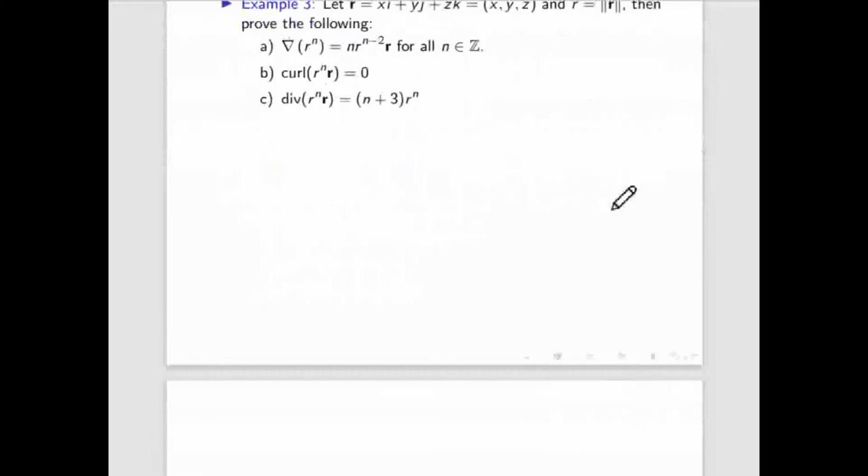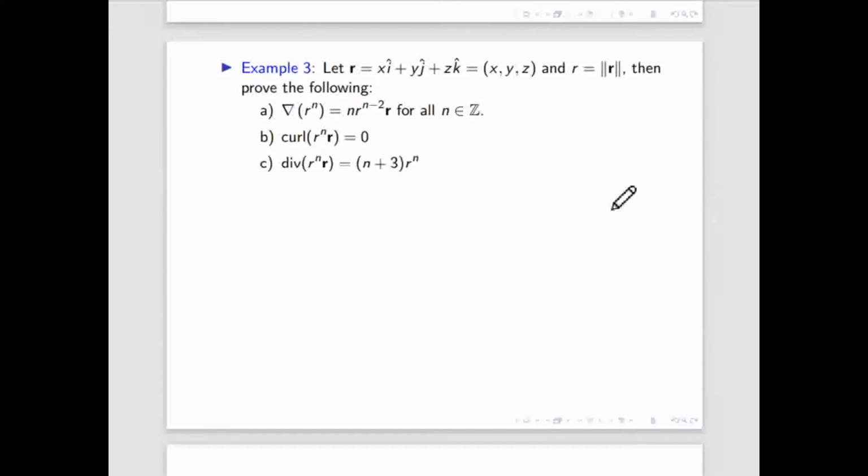Now the third question. So r is a vector that is given by x i cap plus y j cap plus z k cap in ijk cap notation. If you write in component notation, it will come x comma y comma z. Both notations have the same meaning. And this r, here you can see this is the boldface r, that means it is a vector. This r is the norm of this, that means the length of this vector. Then the question is, you have to show that part A, B, C, this will come 0, this will come this, and this one will come this.